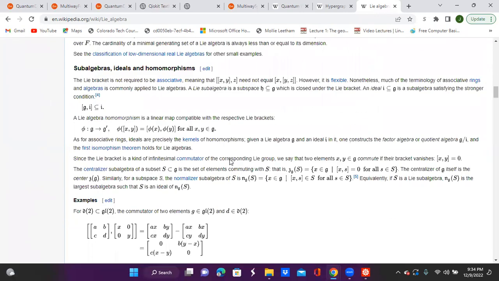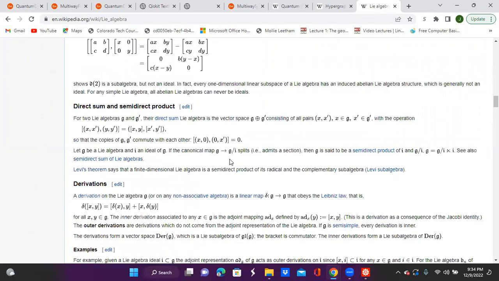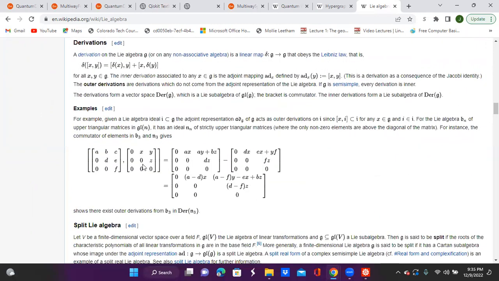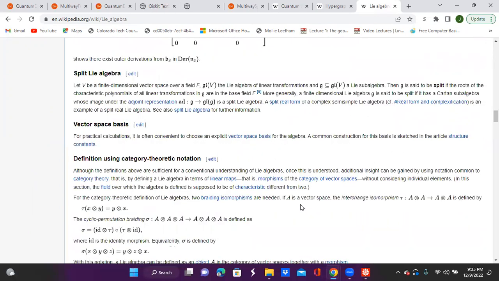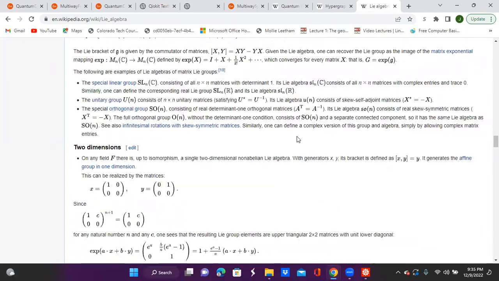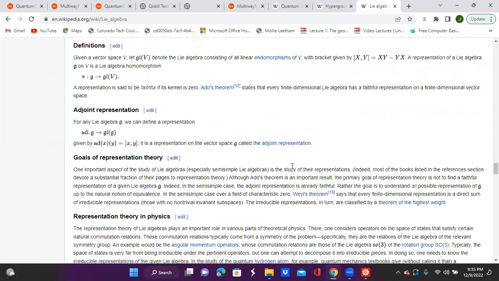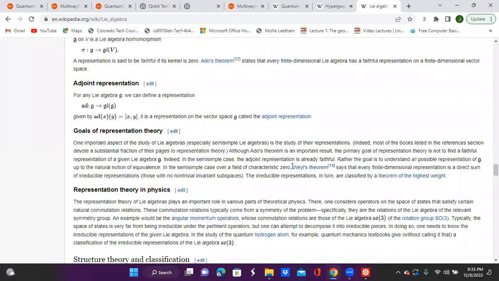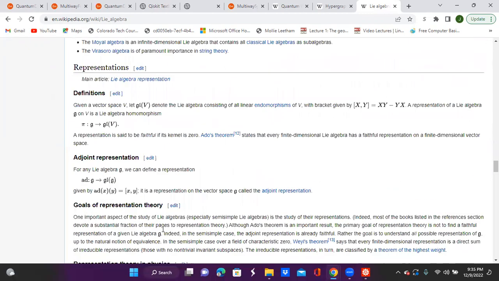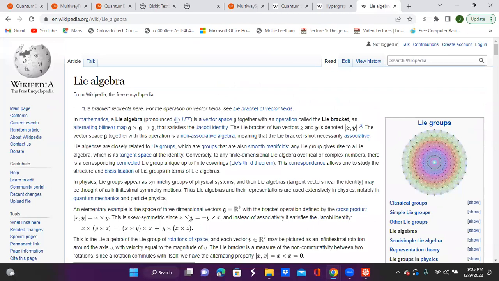So the reason I brought this up is because Lie algebras are the rules that are defining a lot of these tensor products and matrices projecting onto Euclidean space or projecting onto Hilbert space. Sorry. Euclidean space is the analog that we think of, just a representation of a three-dimensional vector space.